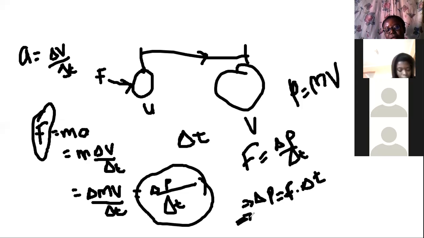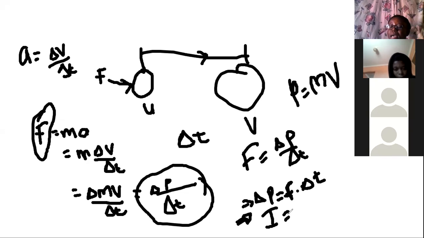So we define the one which is responsible for that, we give it one value, and we say it's an impulse. Okay, so the impulse is equal to the change in momentum, or we define impulse as the change in momentum. If the impulse is equal to the change in momentum, then what is equal to the change in momentum is what is equal to the impulse. Okay, so impulse is equal to the force times the change in time. So if we know that force times the change in time is equal to the impulse, then